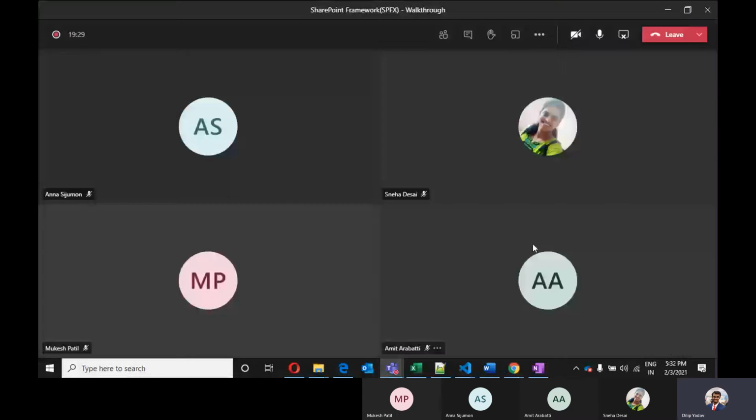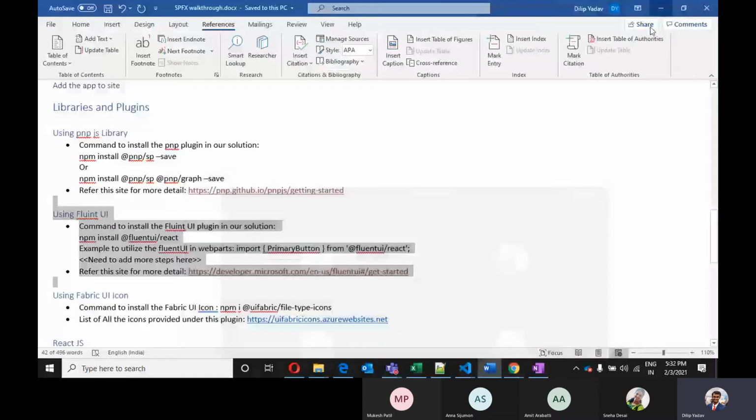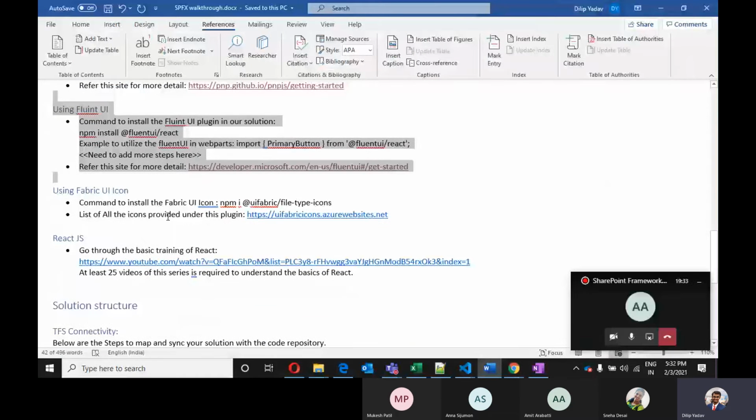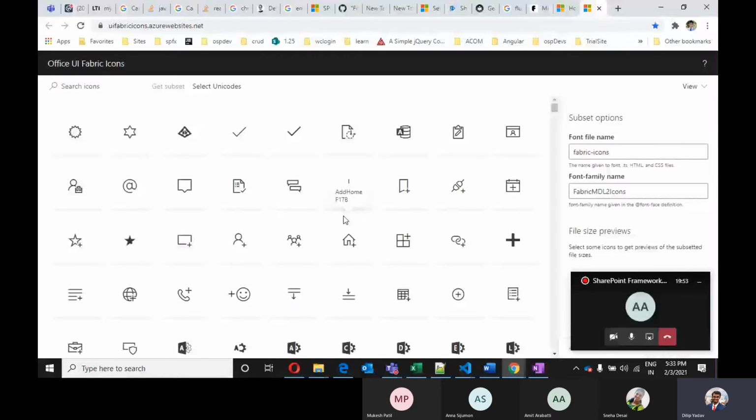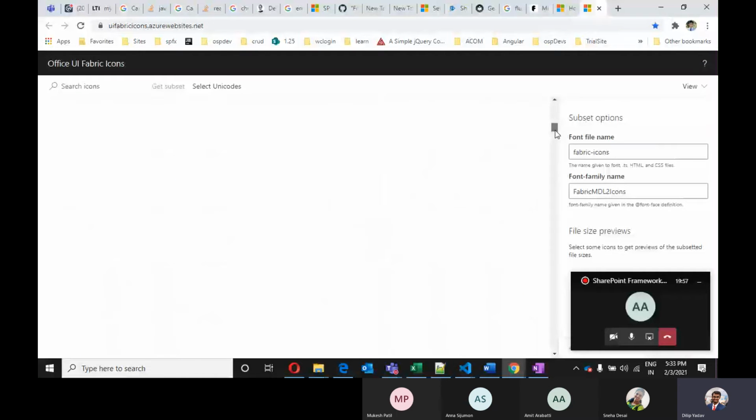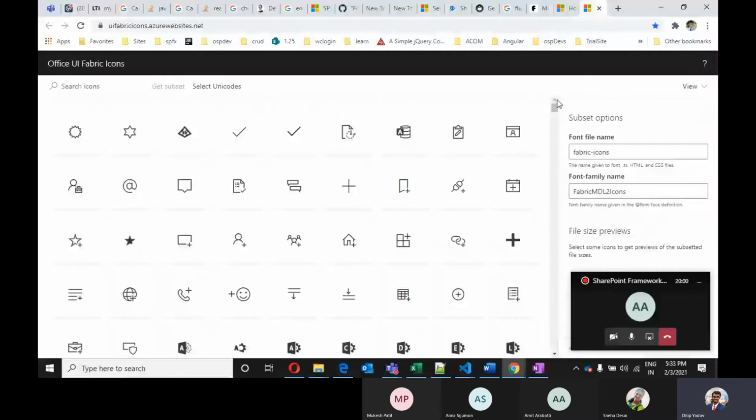Okay, I think there is no query, so let me move ahead. Then we have the Fabric UI. Just like the Fluent UI, we have the option to utilize the icons which are already provided. So we don't have to use Bootstrap or our custom CSS for each of the icons, because that becomes quite unsymmetric. For the modern UI, we can utilize all the icons which have been provided.